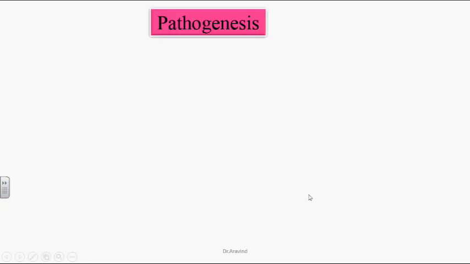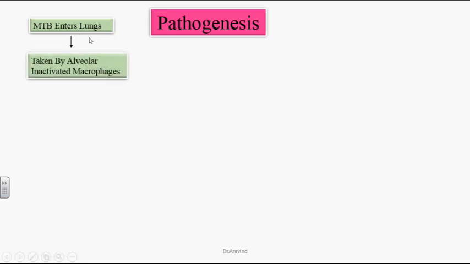So pathogenesis. These Mycobacterium tuberculosis organisms always spread through the respiratory route through droplet nuclei, and whenever they reach the alveolar region, the alveolar sac region, where we have a lot of macrophages, we call them dust cells. These dust cells are inactivated ones, they are not specific to this organism. Whatever enters, they will take these organisms. Whenever they take these organisms